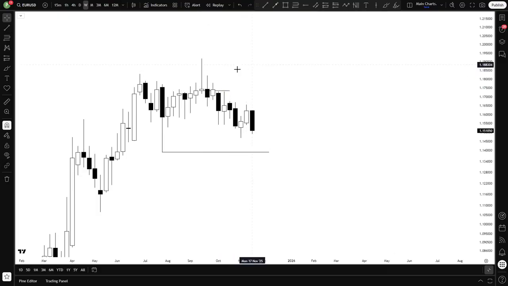Now, with that being said, here is something really important that I want to talk to you about, which is that even though throughout this price action, throughout the past few months, I had a primary long-term bearish bias on the weekly time frame, that doesn't mean that I never took any bullish trades. Even though I had a long-term bearish directional bias on the weekly time frame, that doesn't mean that I never had